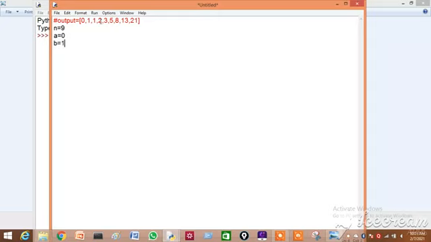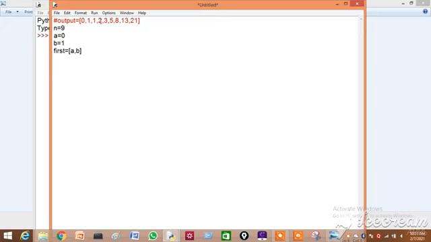So initially I am assigning a equal to 0, b equal to 1. I am making it a set of numbers, a comma b, which will have the values 0 comma 1 as the first values.